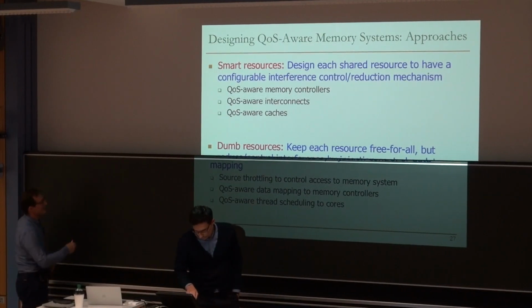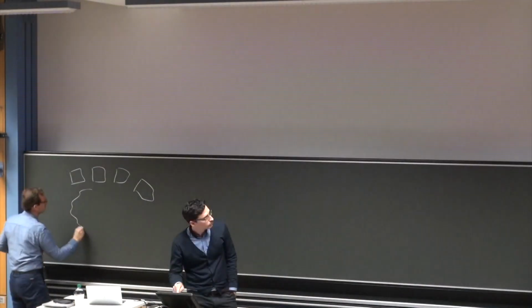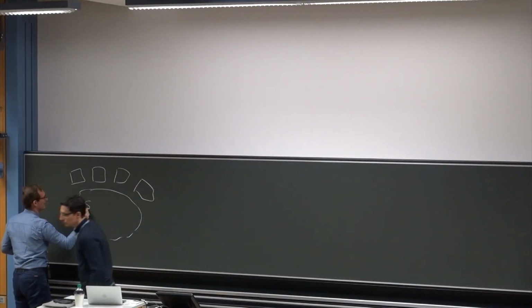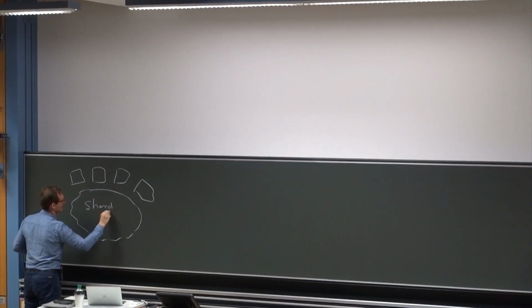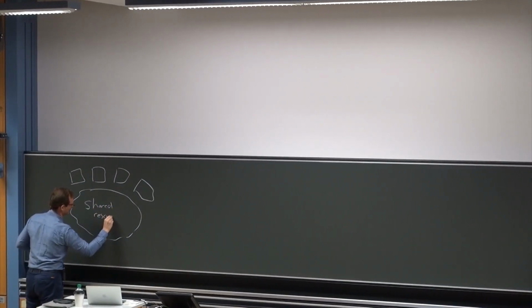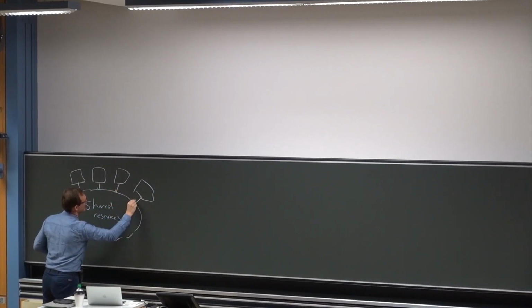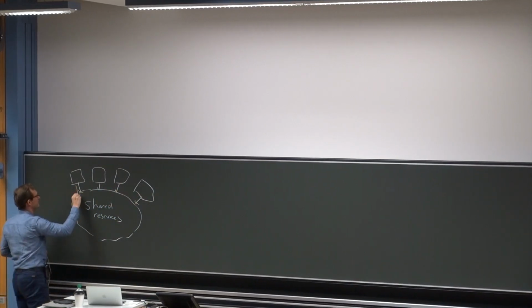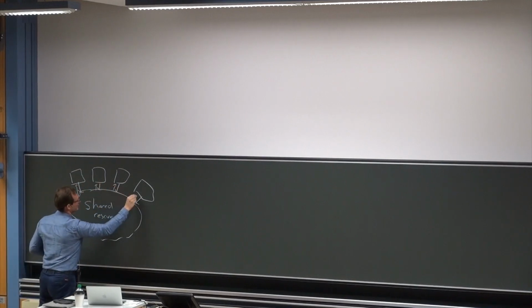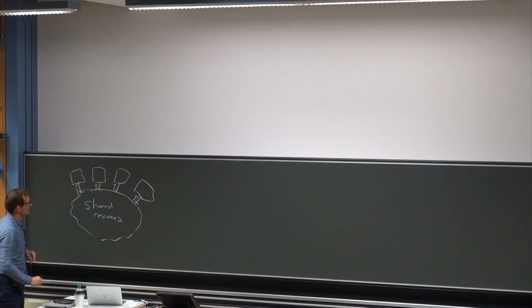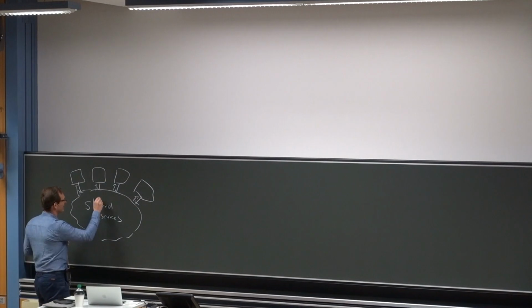So basically, how do you do this? There are multiple ways of doing it. One is, you can think of, these are your cores. Actually, the Internet does this a lot, although the Internet is a combination of both mechanisms. Okay, these are your shared resources. And cores are essentially clients that are injecting requests and getting responses from those shared resources. And one way is basically keeping these dumb